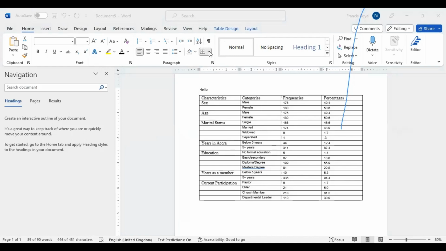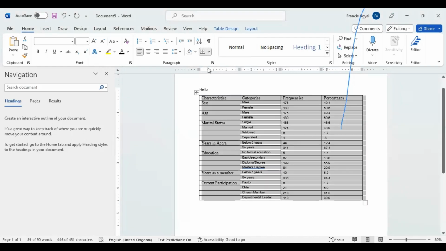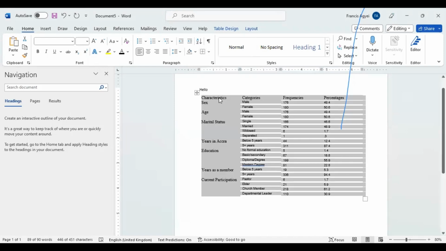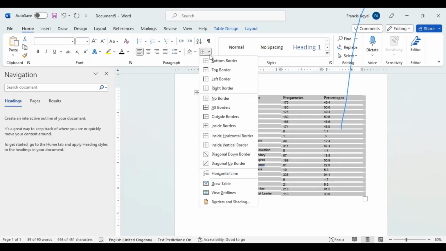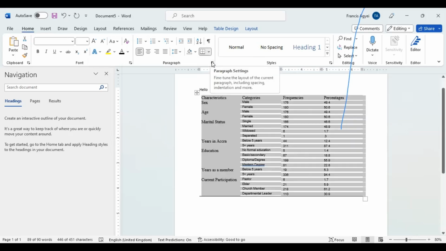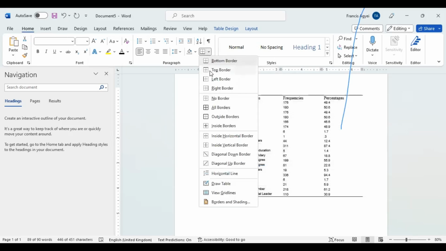So first of all, I have to highlight the table. So the table has been highlighted. I'll come here and I'll go to no borders. So the no borders removes all the lines, both the horizontal and the vertical lines from the table. And I'll come back here and then click on bottom border. So we are converting this table into APA. So you click on bottom border, then you go here, you also click on